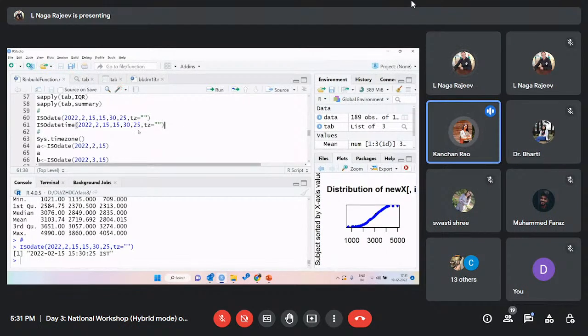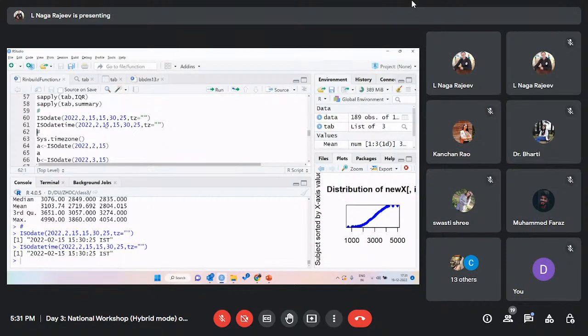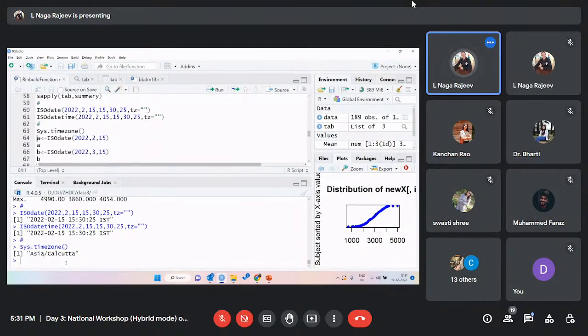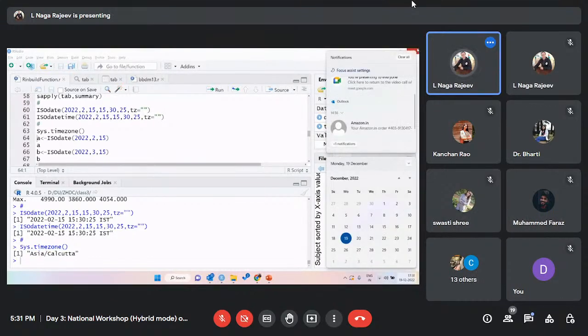Year, month, day, hour, minute, second, time zone. Great. So now if you want to see the Sys.timezone, what is Sys.timezone is the one which our system shows. Means for our system, it is showing like if you go and see in the time zone here,